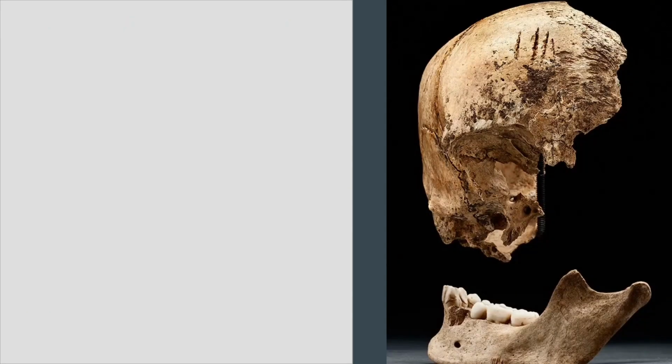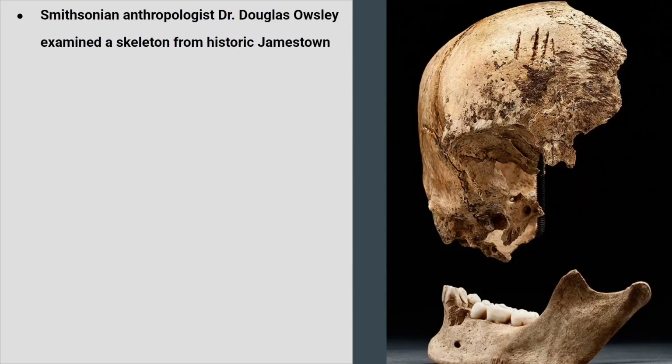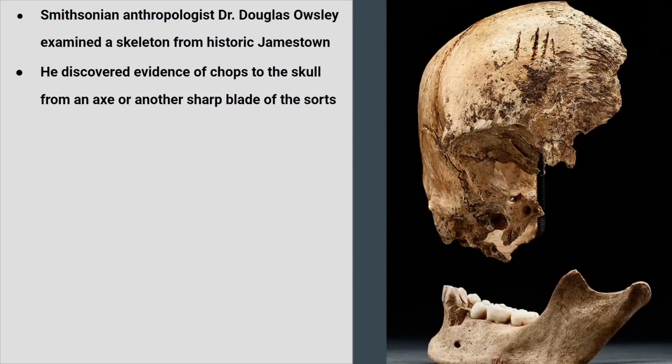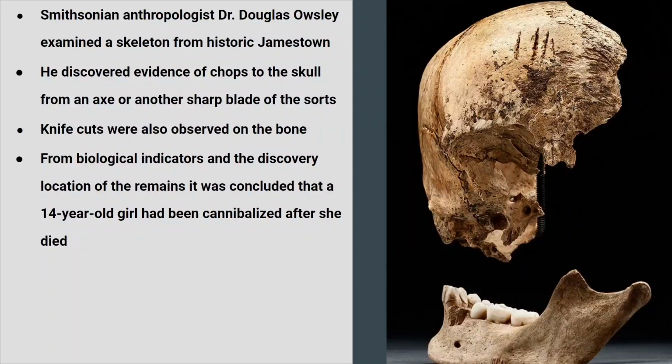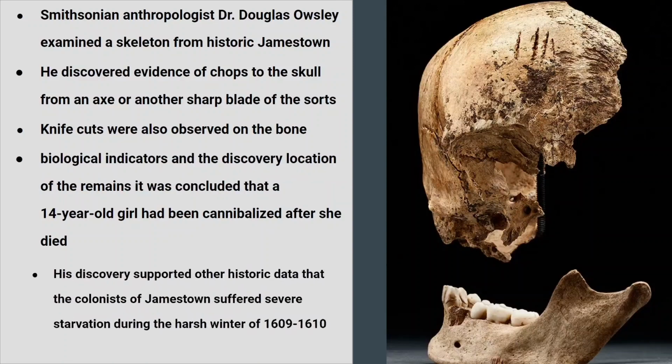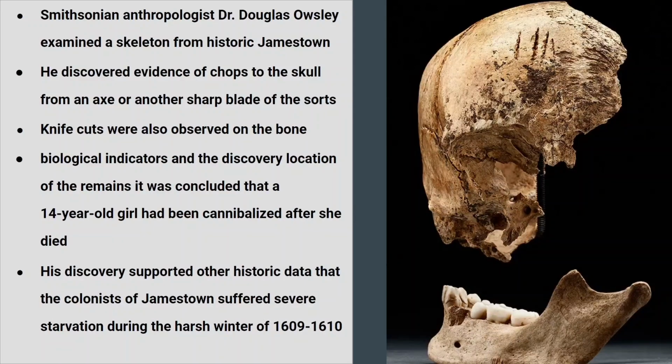Now we're going to move into some real-world examples of forensic anthropology. From the Smithsonian Museum, Dr. Douglas Owsley examined a skeleton from historic Jamestown. He discovered evidence of chops to the skull from an axe or another sharp blade of the sorts. Knife cuts were also observed on the bones. Due to biological indicators and the discovery location, it was determined that the 14-year-old girl had been cannibalized after she died. His discovery supported other historic data that the colonists of Jamestown suffered severe starvation during the harsh winter of